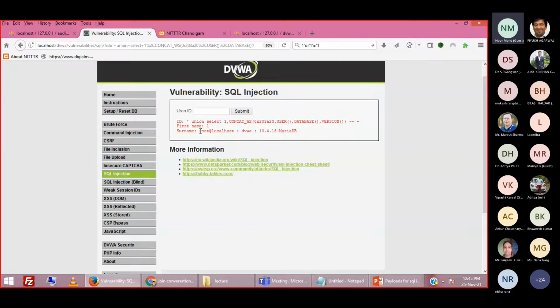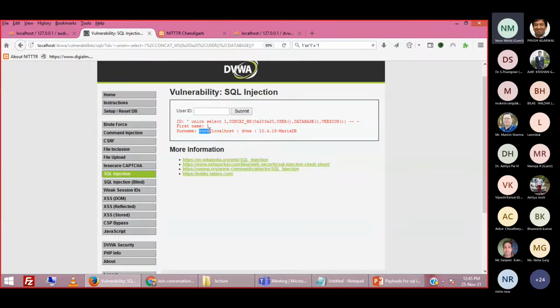What it is giving? It is giving me root@localhost. It means for this website the database administrator user ID is root, right? So we have just extracted the name of the main user which is interacting with the database of this website. If you are a database administrator, you must have kept a username to access the database, right? So what username is this particular website, or this particular API, using?